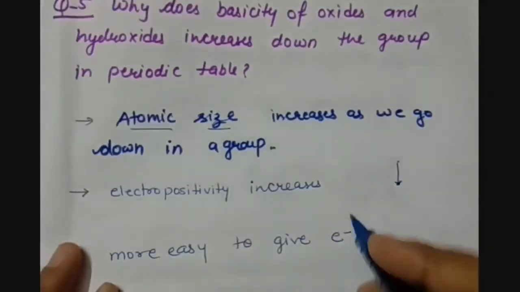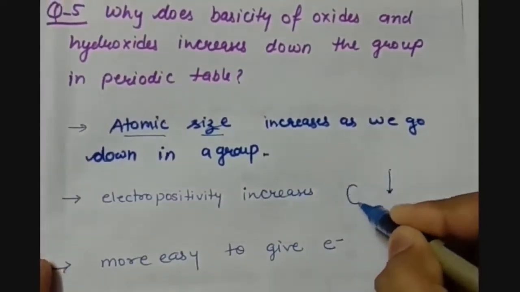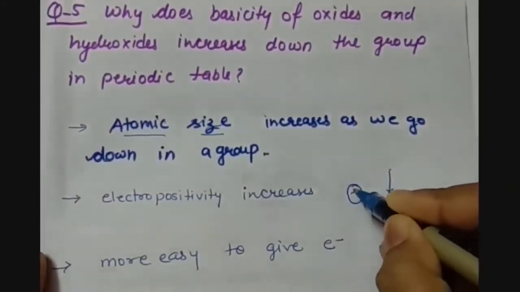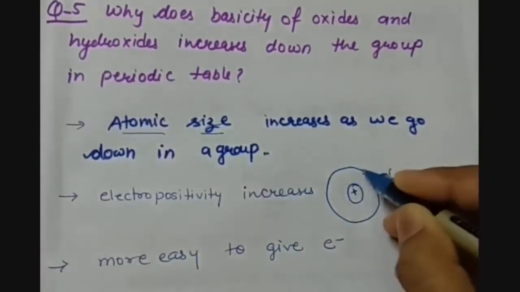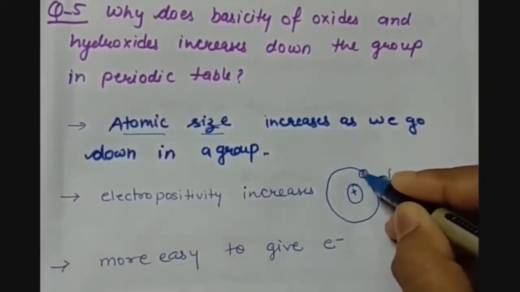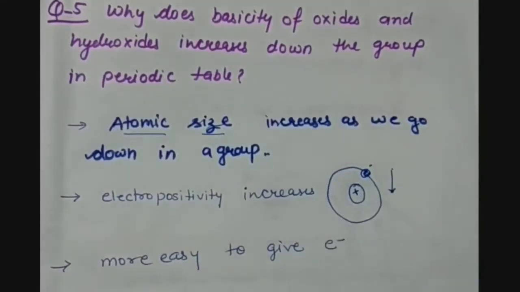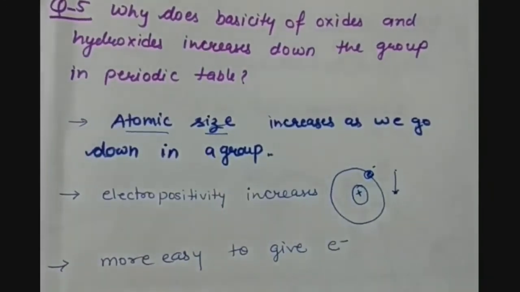But you know that we have a nucleus which is positively charged, and around which we have orbitals in which electrons are revolving. That means negative charge is revolving around the positive charge. That positive charge is holding the electrons. It is balancing the stability of the atom.